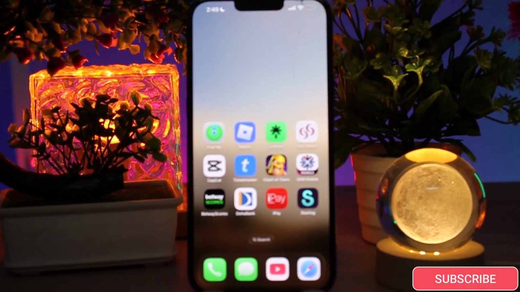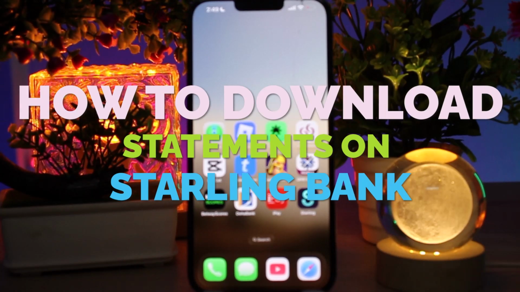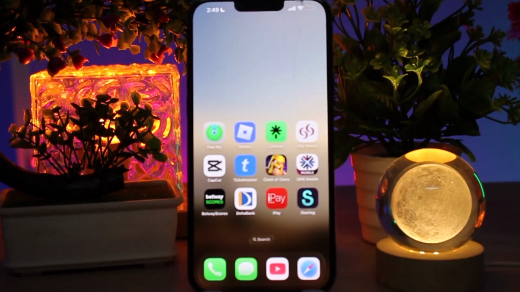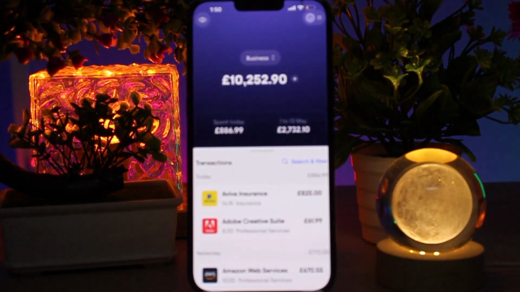In today's video, I'm going to show you how to download a statement on Starling Bank. If you need a statement for work, rent or hire, or a personal record, don't worry, this is easy to do. Let's get started. First, open the Starling Bank app on your iPhone and make sure you are logged into